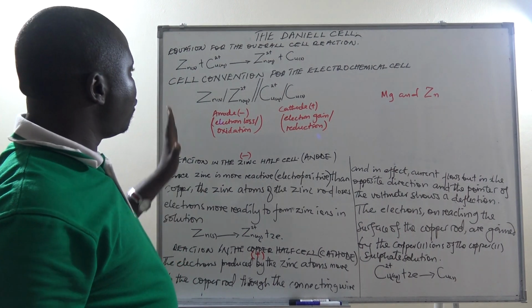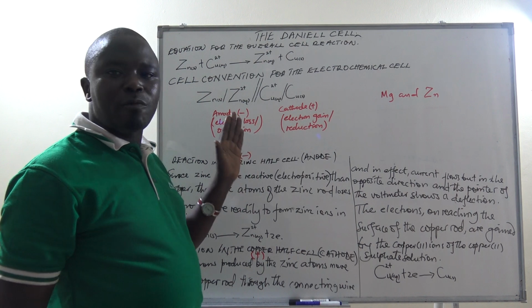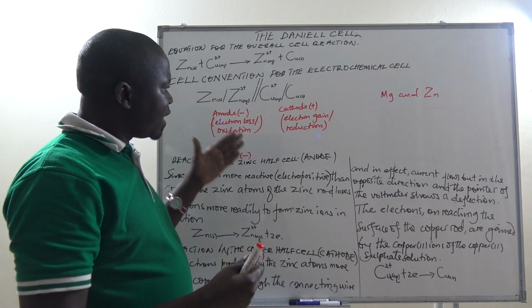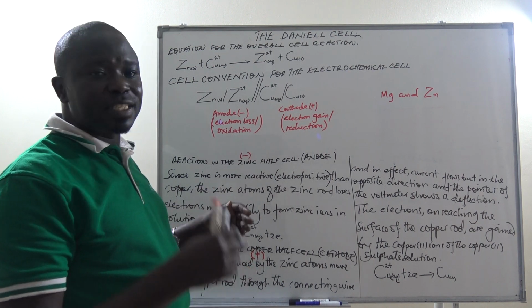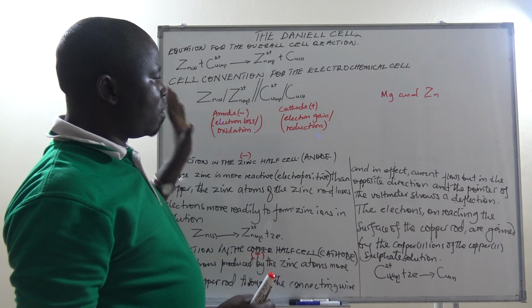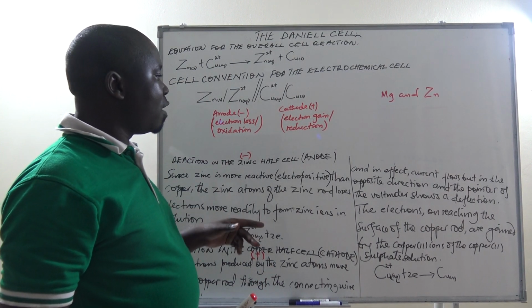I believe that we have followed this, and after this, we are going to look at some equations to this effect that will make us try to see how they set questions on this. We are going to look at some questions to see how questions are set on what we call electrochemical cells, the Daniell cell in particular, or the other